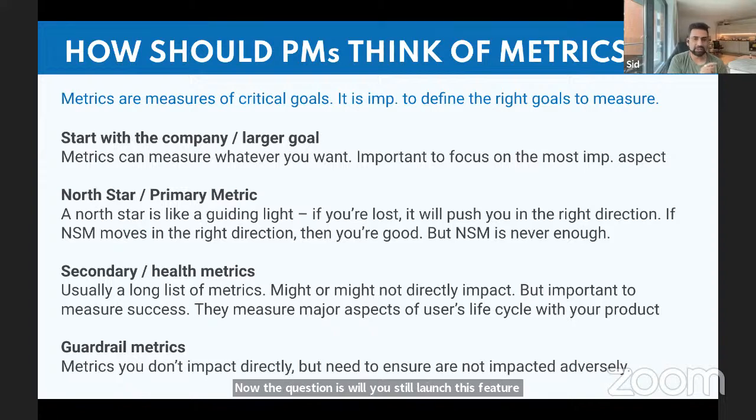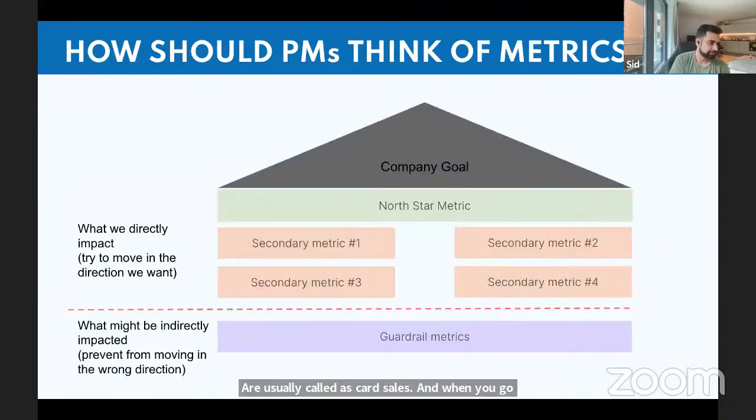And that is where these guardrails become very important, because as a Reels product manager, revenue is not my responsibility. I'm not trying to increase it. I'm just trying to increase engagement and retention on Reels. But if revenue is an important metric for my company, as a PM, I should be very, very clear that I cannot do anything that reduces the revenue. So all of the metrics that you don't impact directly, but you want to ensure they don't go in the negative direction, are usually called guardrails. And when we go through an example, maybe it'll become a little clearer.